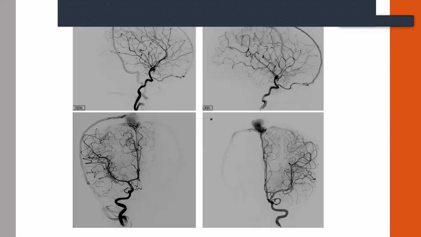And you can go to the next slide. So she underwent a diagnostic angiogram, and these are pictures from her first diagnostic angiogram. The top 2 pictures are lateral projections, and the bottom 2 are PA projections. And what you can see, and I'll refer to the bottom left picture,